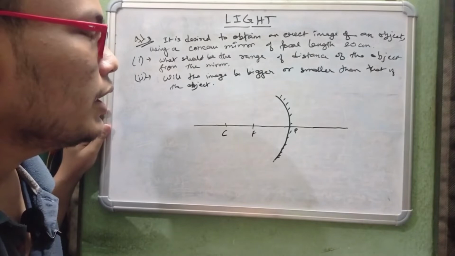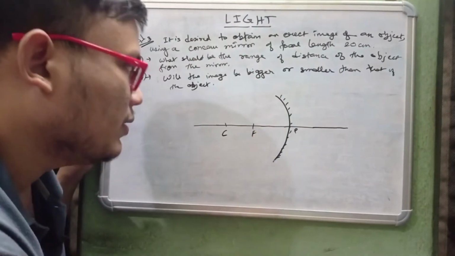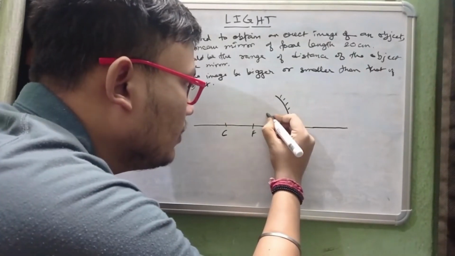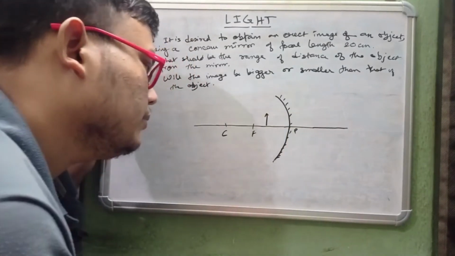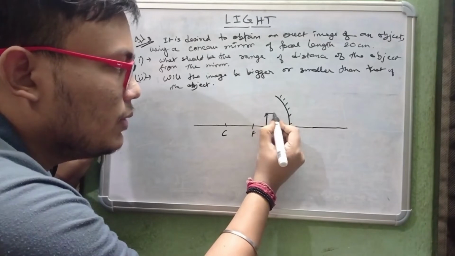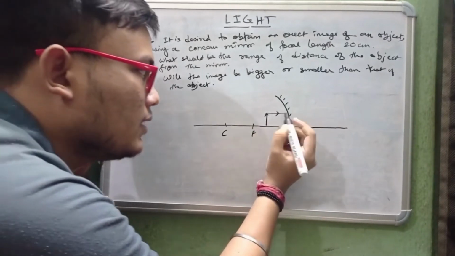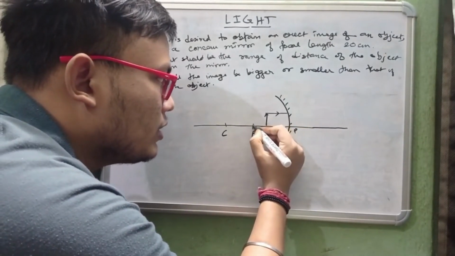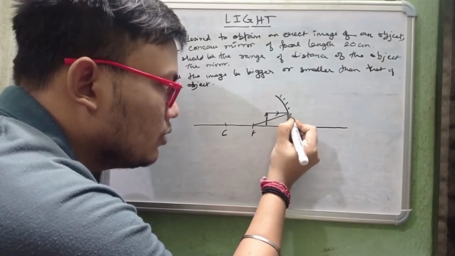To obtain an erect image, we have to place it anywhere between pole and focus. So let's say we place the object over here. The first incident ray will be traveling parallel to the principal axis, and after reflection will pass through focus,